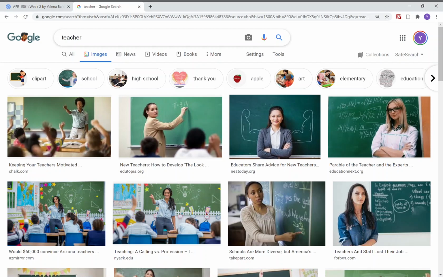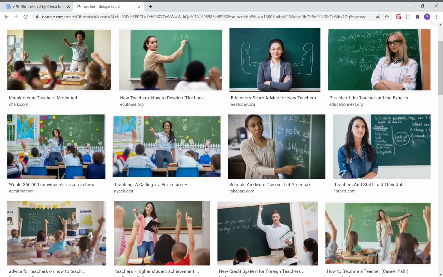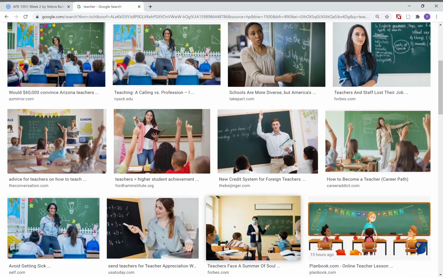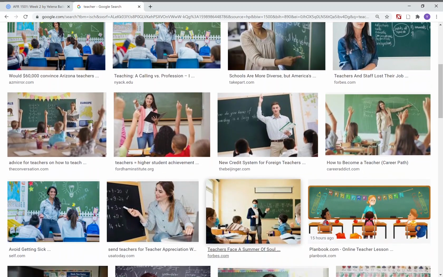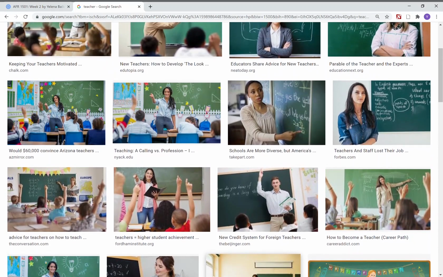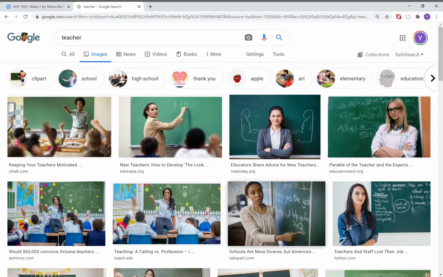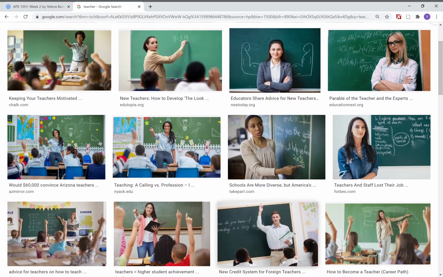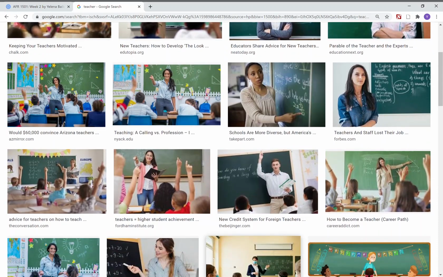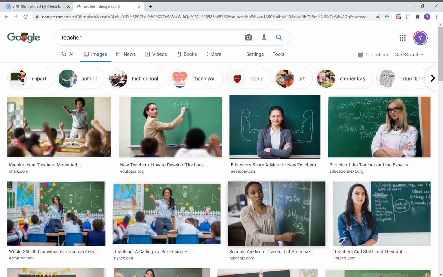So a quick example is if I put in here teacher, you'll notice as I scroll, mostly women. You get one male presenting person. Interesting now in this time, you see someone with a mask, but it heavily tends to be gendered female. We're seeing some diverse looks here, a lot of white females, right? But it's interesting to think about the way this profession is gendered and racialized.